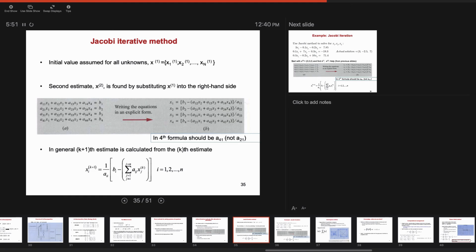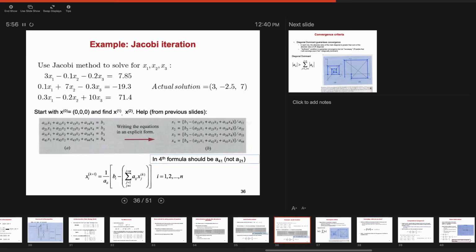So let's try this with a piece of paper and this system. So take a piece of paper, and this is just to make it simpler. You can ignore the fourth row and fourth term, so I just use 3 by 3 to make it simpler. So my system that I'm solving is 3x1 minus 0.1x2